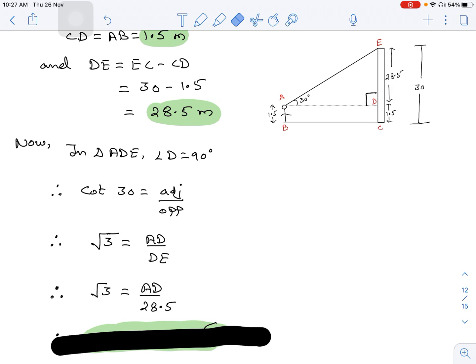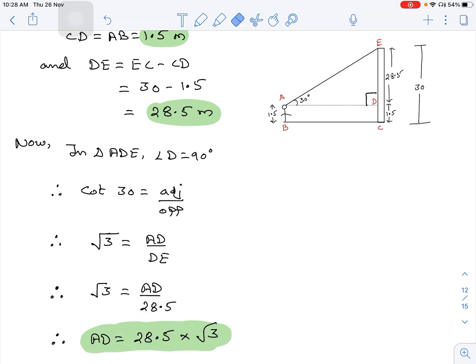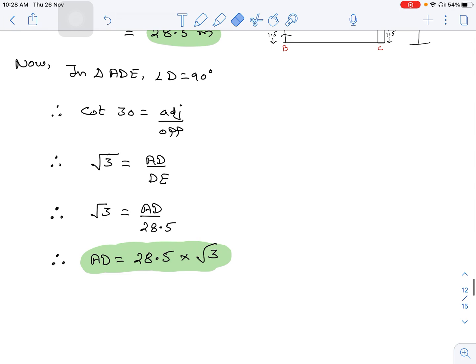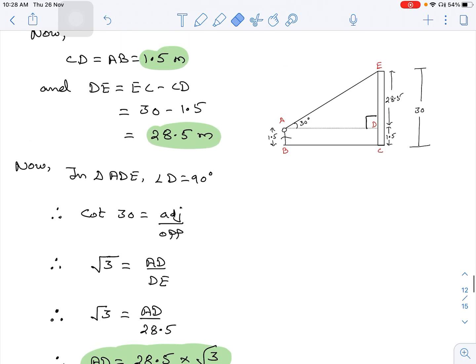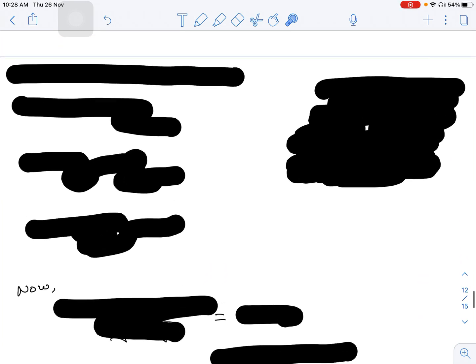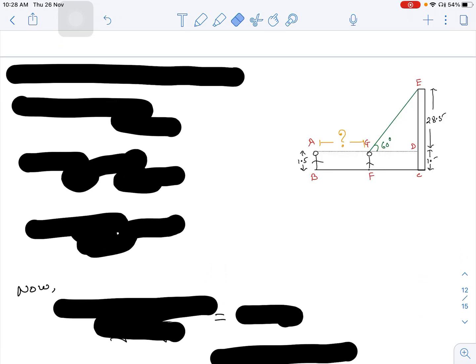Now we already have the value of DE. DE is how much? It is 28.5. So that value we can write here. When we change the side, we get AD equals 28.5 into root 3. So now we have the total value of AD, that is 28.5 root 3. Now when the boy covers some distance, we want to find the value of this